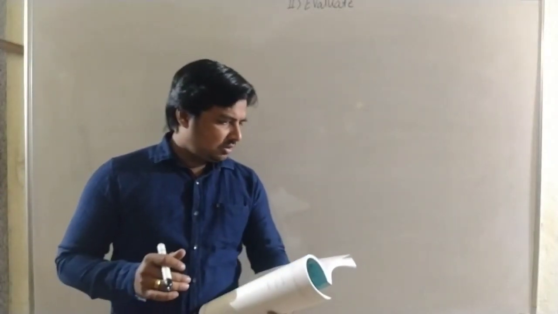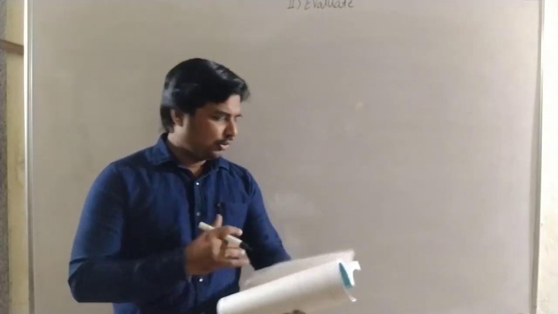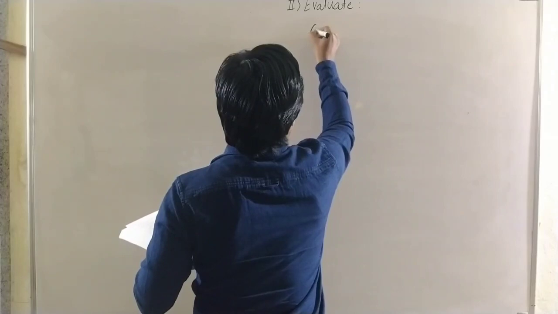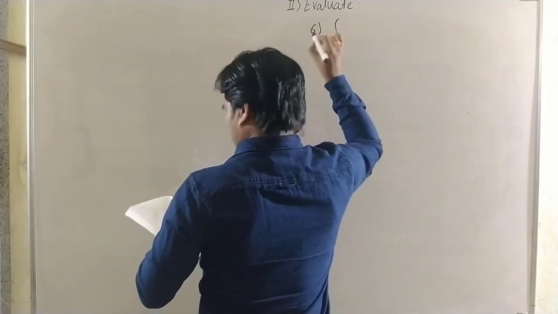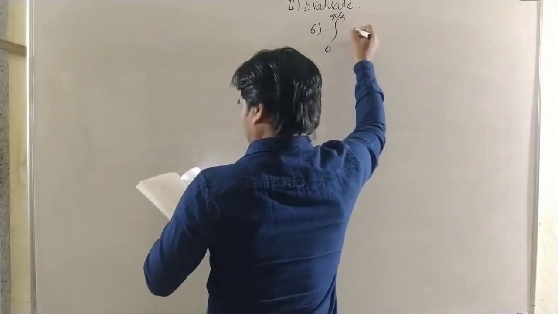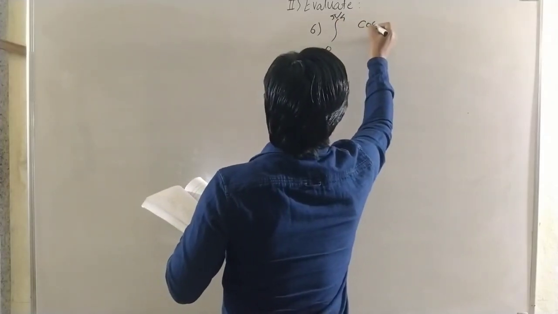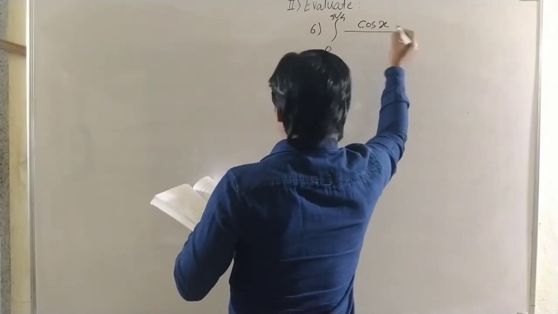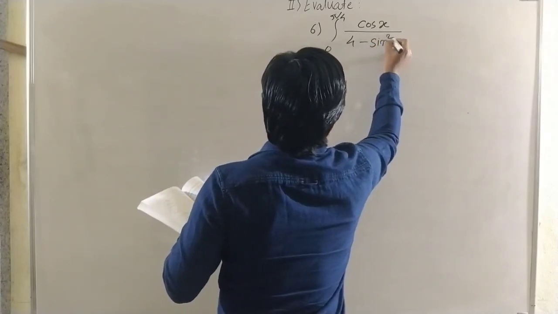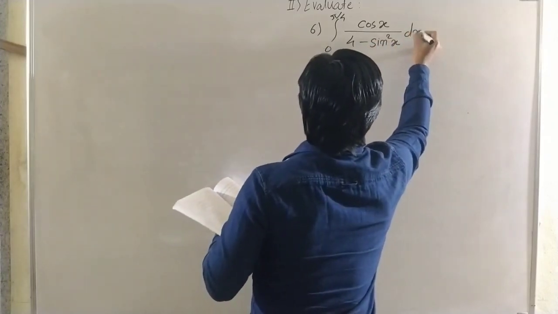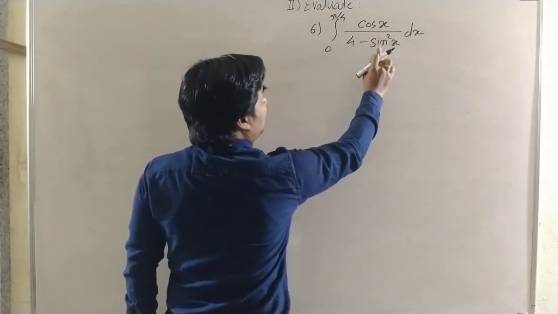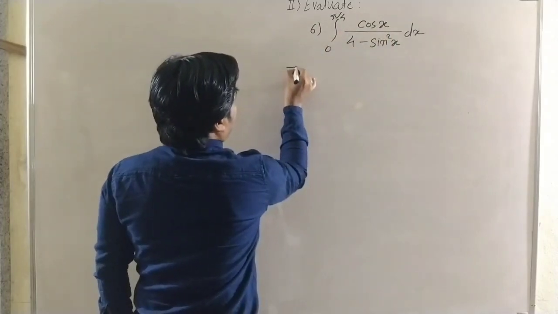Now we continue the second example in exercise 4.2. Here, example number 6: integral from 0 to pi by 4 of cos x upon 4 minus sin square x dx. Okay. Here it is a simple example of the substitution. Here cos x is the derivative of sin x. Now the solution: